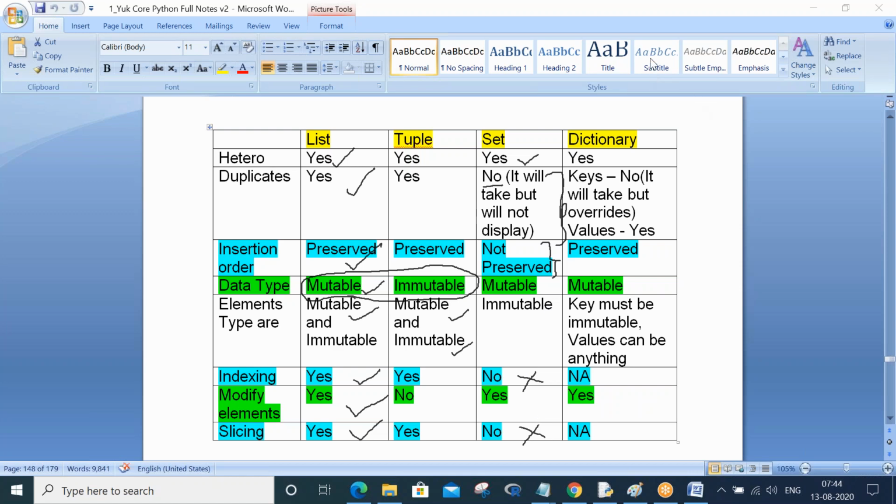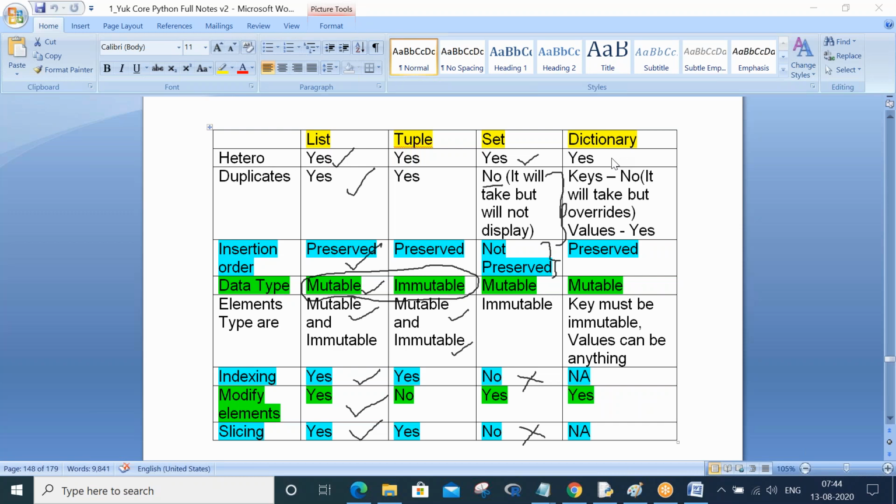So dictionary heterogeneous means what? Dictionary is a little different. It contains key value pairs. It can take multiple elements: in a dictionary it's not that you have to store only one data type, you can store multiple data types.